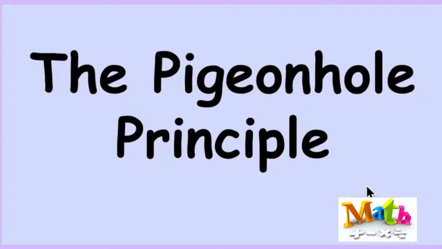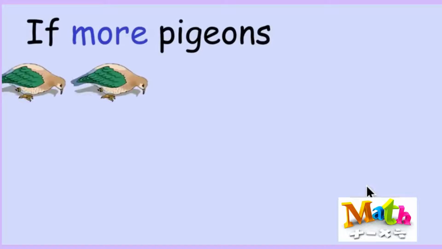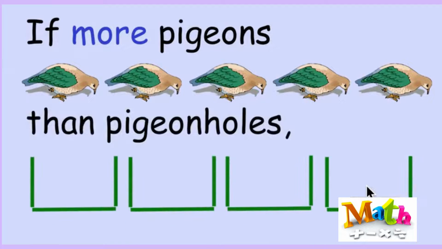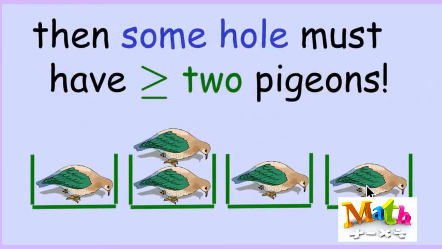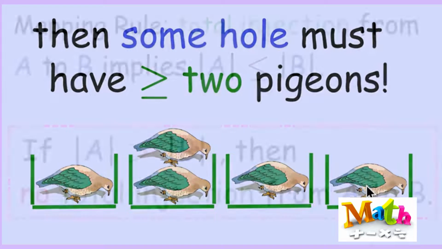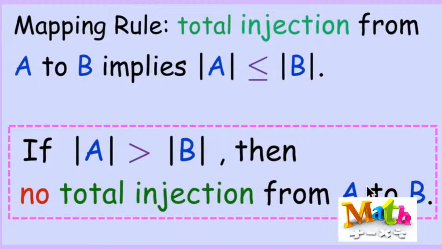The pigeonhole principle is a counting principle that's so obvious that you may not have noticed that you're using it. In simple form, it says that if there are more pigeons than pigeonholes, then you have to have at least 2 pigeons in the same hole. Okay, we'll get some mileage out of that shortly, but let's remember that this is actually just an informal way